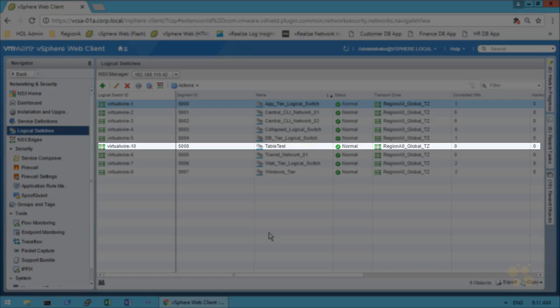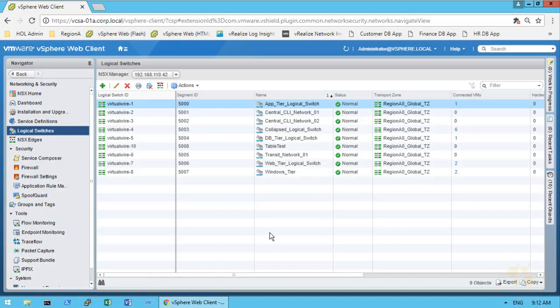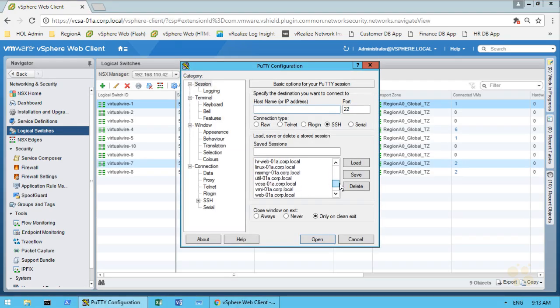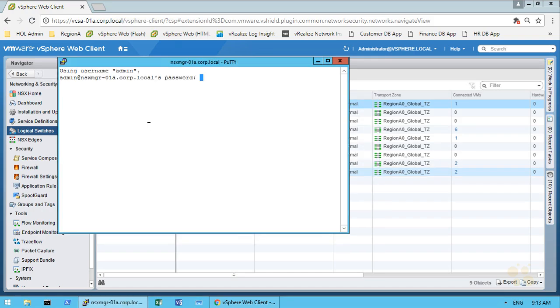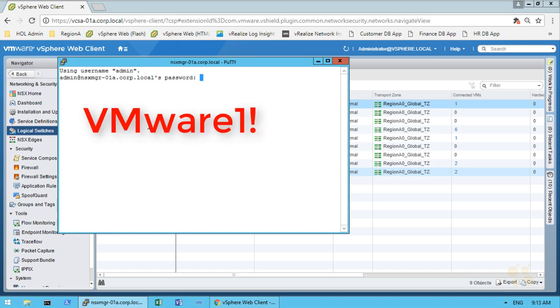Now, in order to observe our logical switch tables, VTEP, MAC, and ARP, we need to dig into the soft underbelly, and we can do that by looking at it through the CLI. So let's pop up our PuTTY. And in PuTTY, we've already got a pointer to NSX Manager 01a.corp.local. So we'll double click that. And we're going to log on with the admin password of